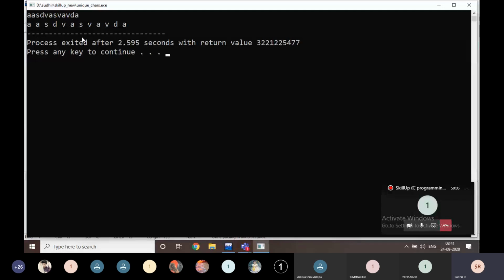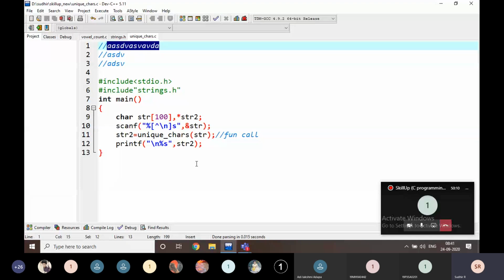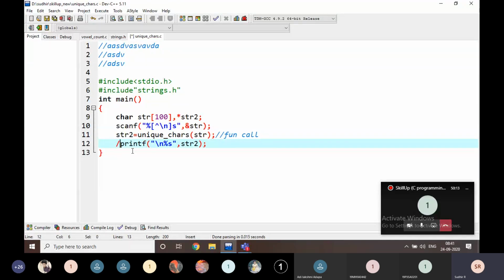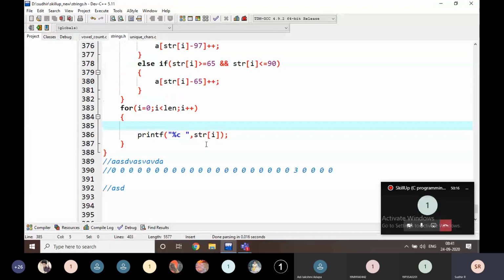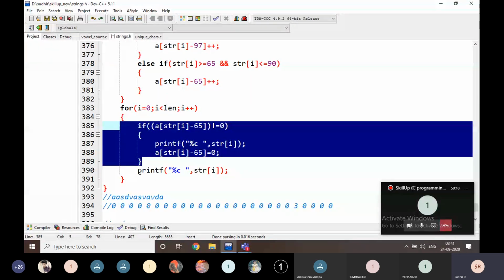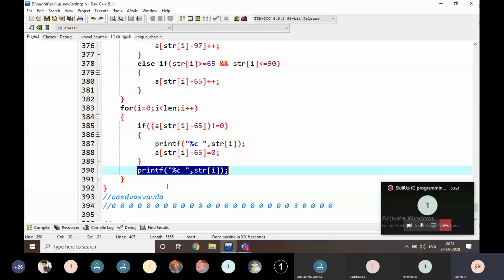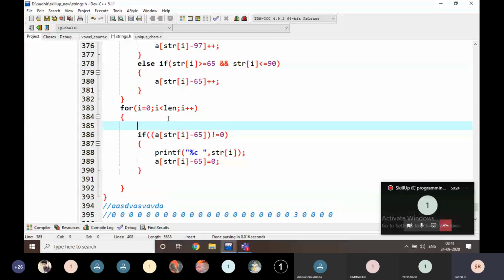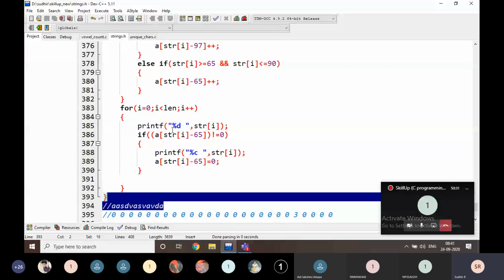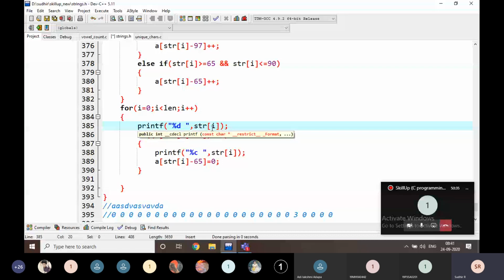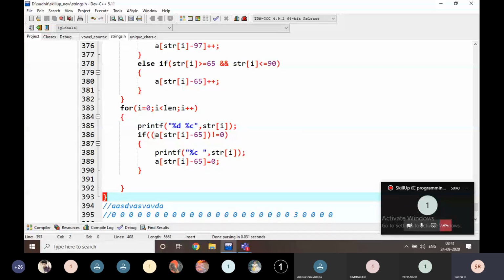Yes, it is going to print all the characters here. And what I am going to do here is print what the A value is, what that character is. I'm checking here what the character is and what this value is.